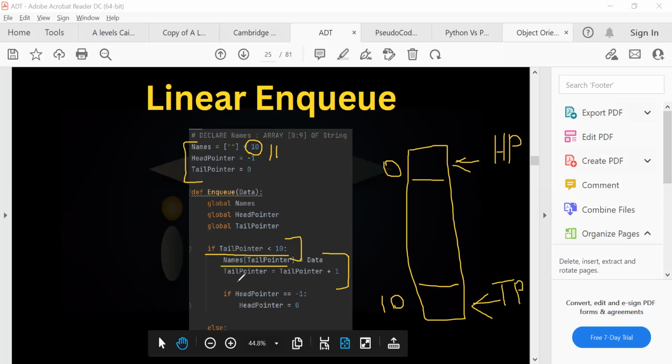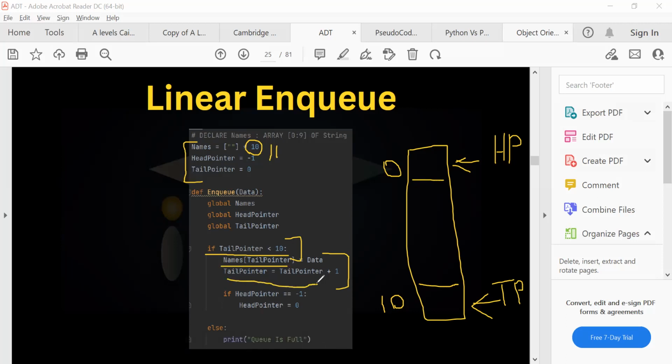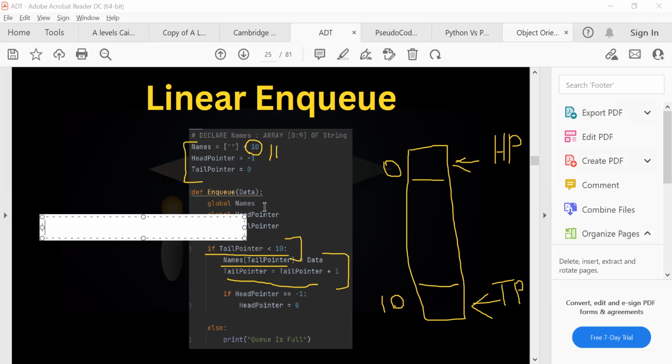After he inserts, what is he going to do? After that, he will go down the array by one more, by adding 1 to the tail pointer. Okay. Why does he do it? So that it moves on to the next space in the array. So assume I call enqueue. We have an empty array like we were having now here, and I call enqueue here,